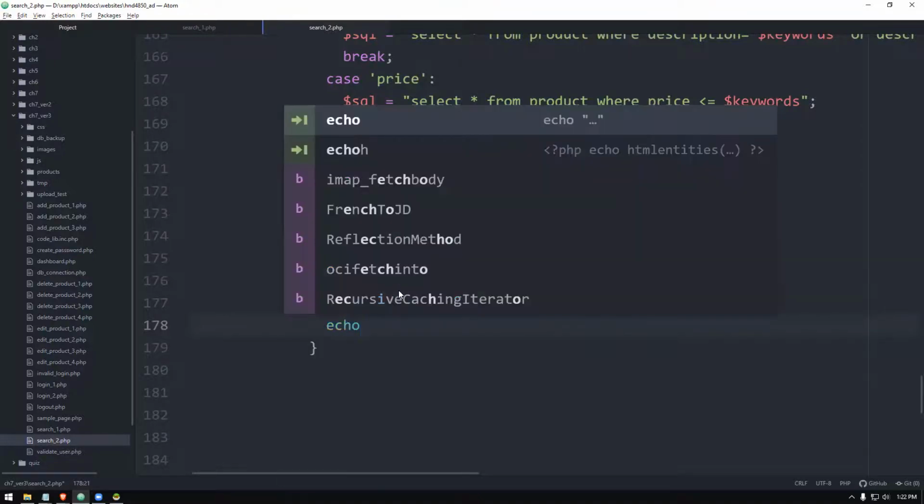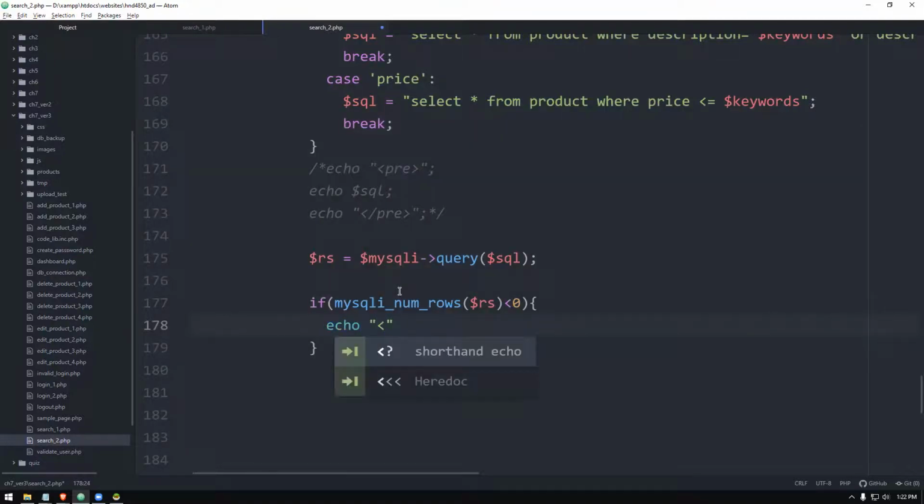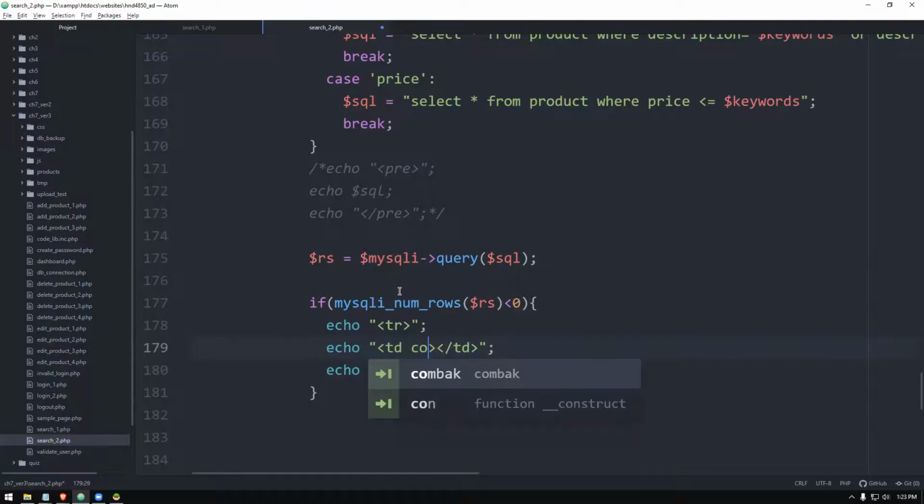So I'm going to say echo. I'm going to say we need to anyway display something like this, tr. I don't have much time to do the formattings, children. Let me see if I get time. I'll do that. Right. So I'll put a td tag, finish a td tag, and say colspan 5.